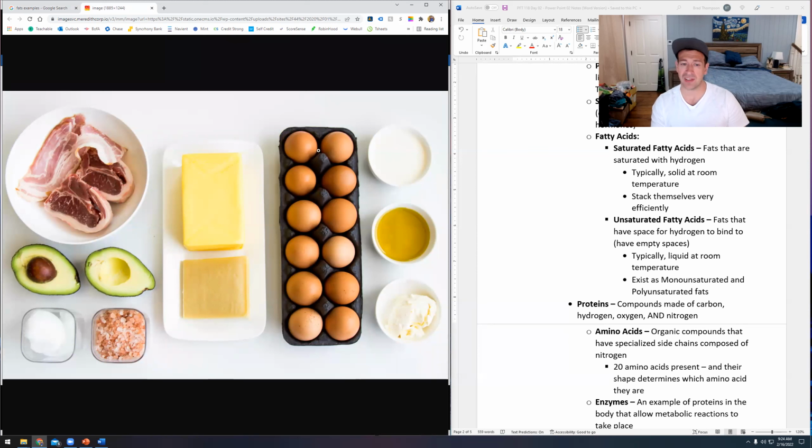Obviously there's a lot of fat in eggs, right? I don't know what that is. It's probably mayonnaise. Maybe this is ice cream. I know this is olive oil. But look over here, right? Look at this meat, right? That's got this big fatty ring, which means that probably tastes really good.